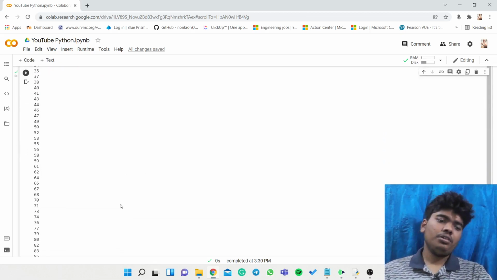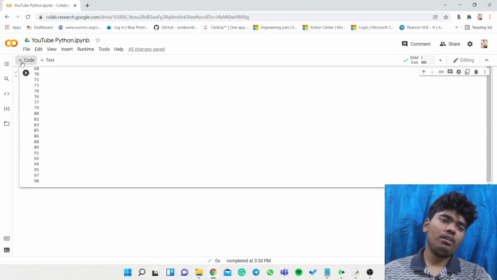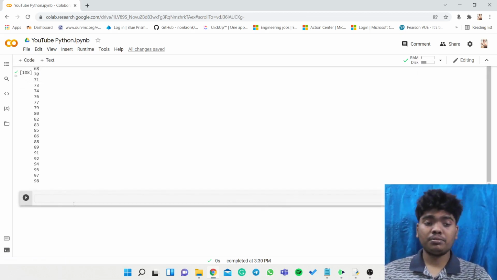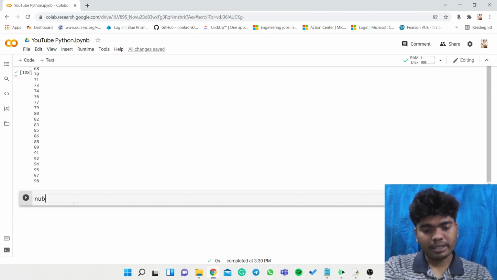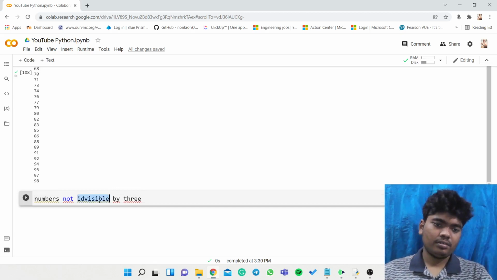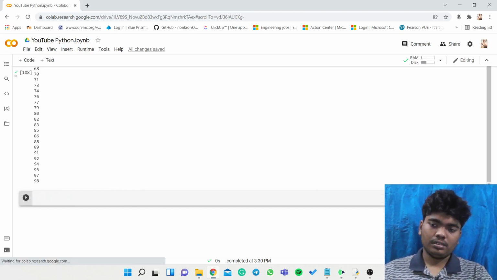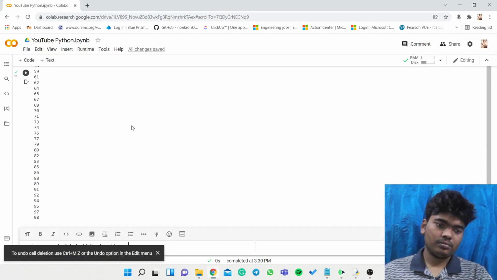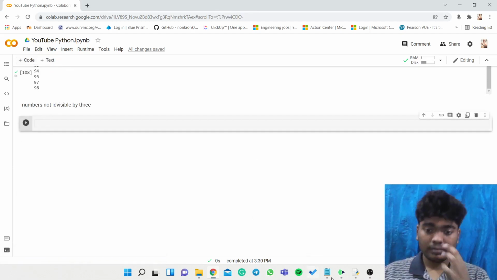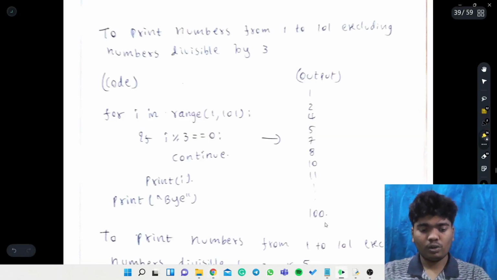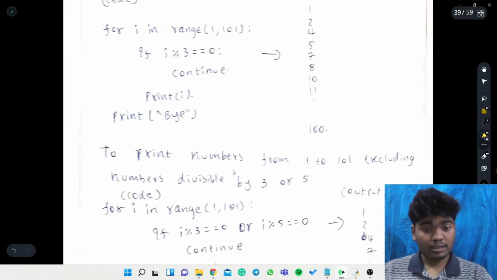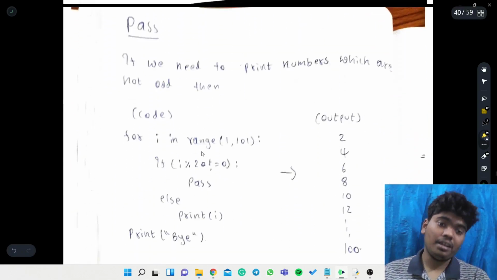Yeah, so it is printing the values which were not divisible by 5. Sorry, 3, the numbers which were not divisible by 3. Now if we move on, so these are the numbers which were not divisible by 3.